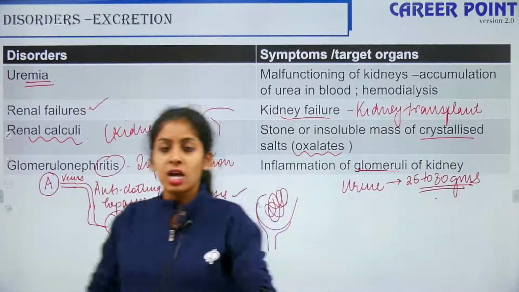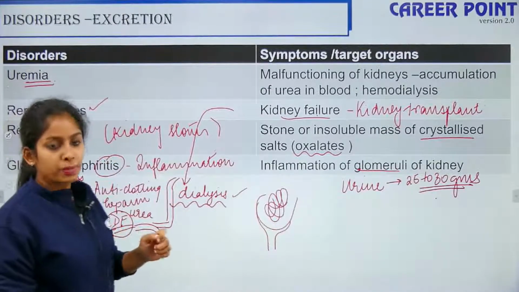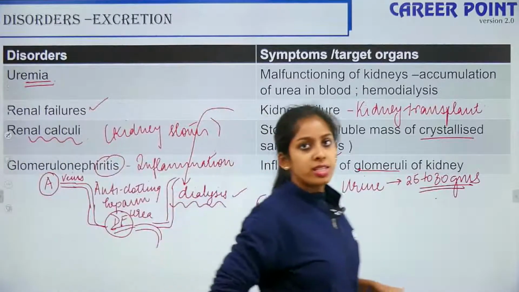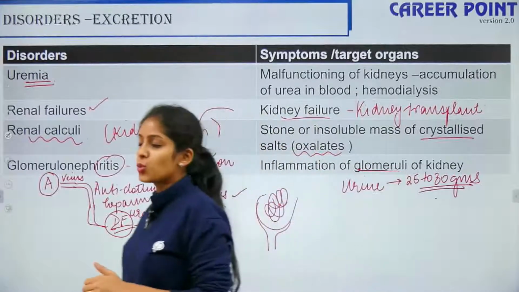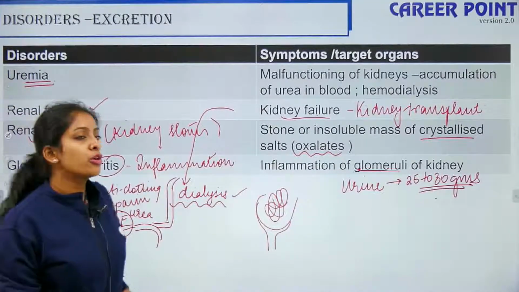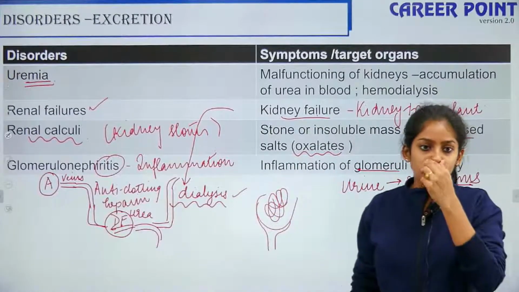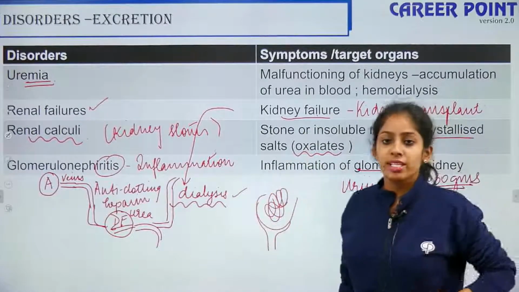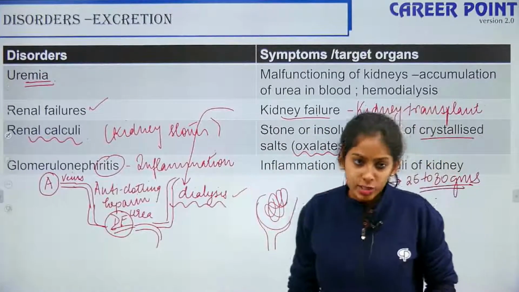Okay. How will you come to know if you have kidney stones? It will cause you severe pain towards your abdominal side, on either side of your tummy, very severe pain which you will not be able to tolerate. That is how you will know it is a kidney stone. Unless and until they give you a painkiller, you will not be able to tolerate it. So that is how kidney stones are caused. Okay. So these are the disorders of your excretory system.